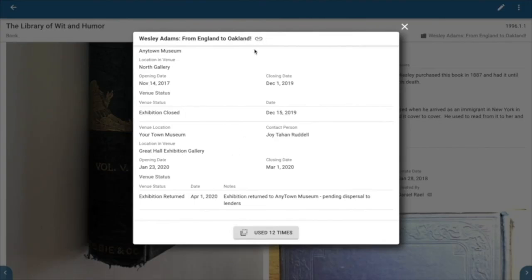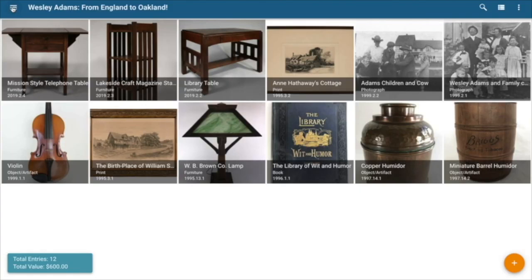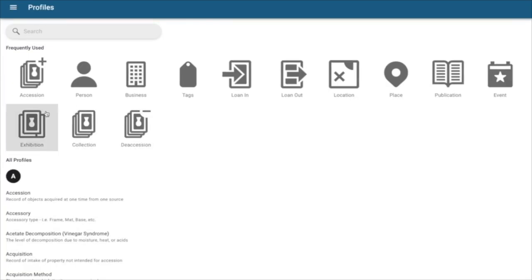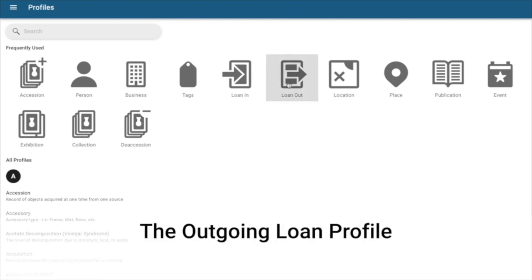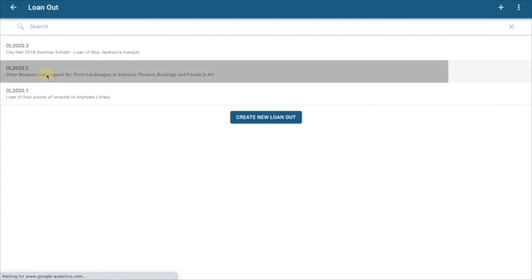Now I can click this link and go directly into the exhibition record itself, but instead I'm going to use the main menu to navigate over there. So I'm going to click my back arrow here, and click my main menu, and I'm going to scroll down to my profiles. Now from here I can navigate to any of my other profiles, including that exhibition record we were just looking at, but now we're going to talk about the outgoing loan process. So I'm going to click my outgoing loan icon here, and let's take a look at this particular outgoing loan